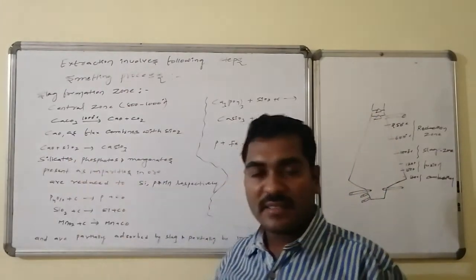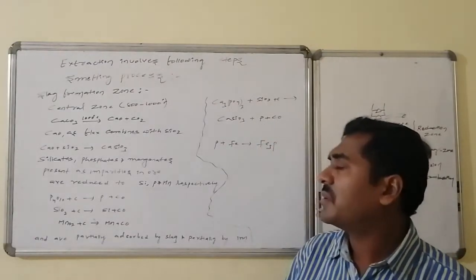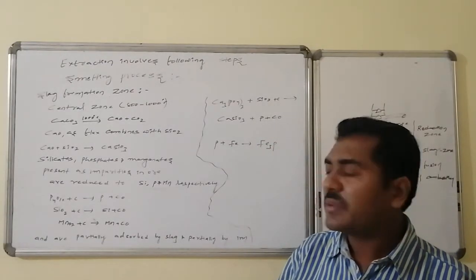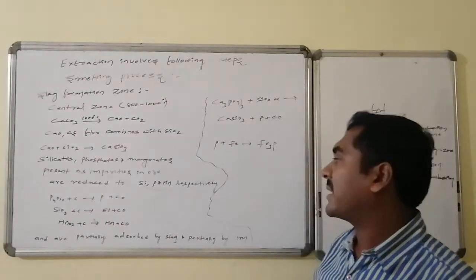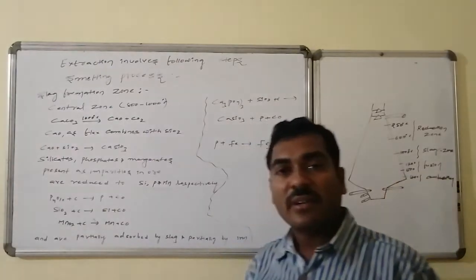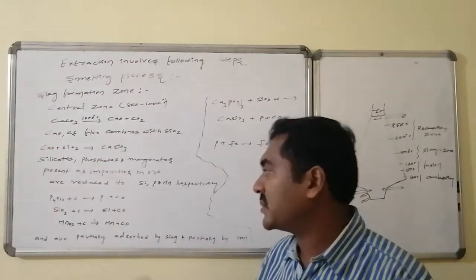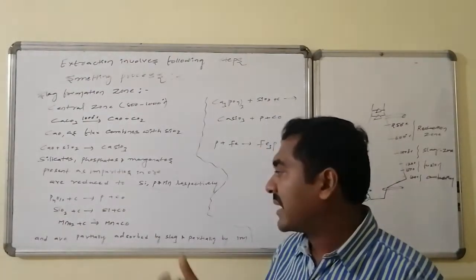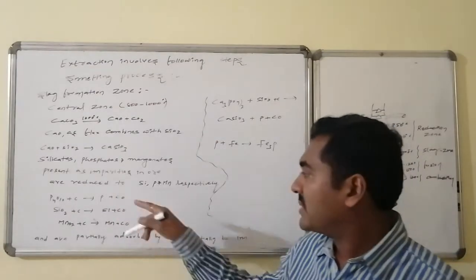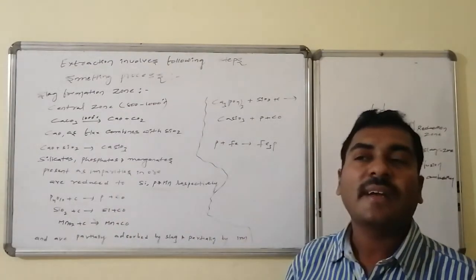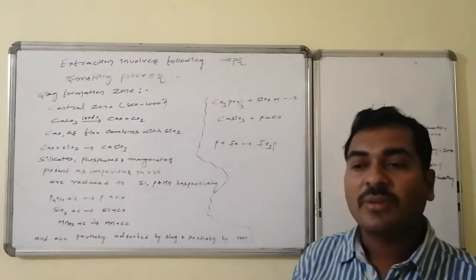is, silicon dioxide reacting with calcium oxide forms calcium silicate. Silicates, phosphates, and also manganates present as impurities in the ore are reduced to the corresponding silicon, phosphorus as well as manganese respectively. Phosphorus pentoxide is converted to phosphorus, silicon dioxide is converted to silicon, manganese dioxide is converted to manganese, and some portion of all these formed compounds gets adsorbed into the slag, and some other portion can be taken up by the sponge iron formed in the above reduction